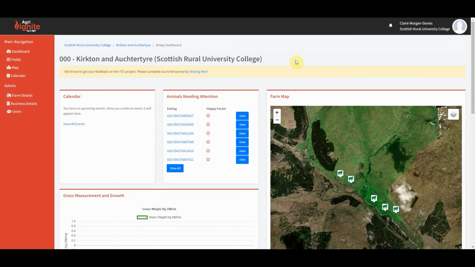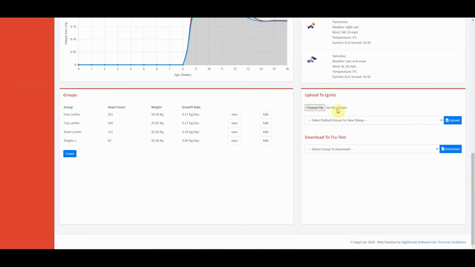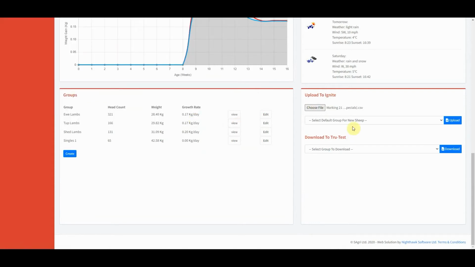Next, you need to load the weight file for these lambs. So if you go to the Agri dashboard, go down to the bottom right hand side of the screen and find where it says Upload to Ignite. Click on Choose File and then select your file, click Open and choose the group. Click Upload